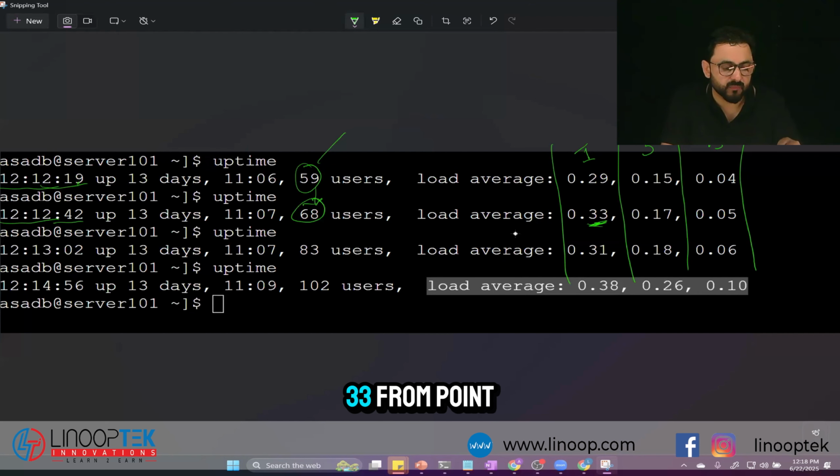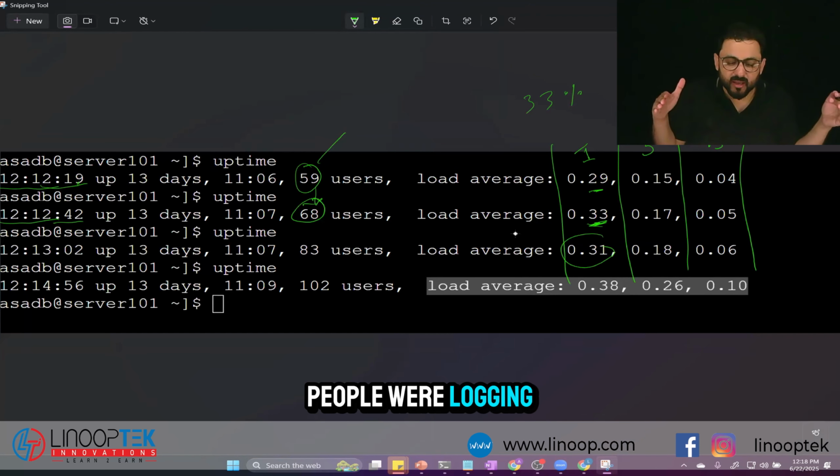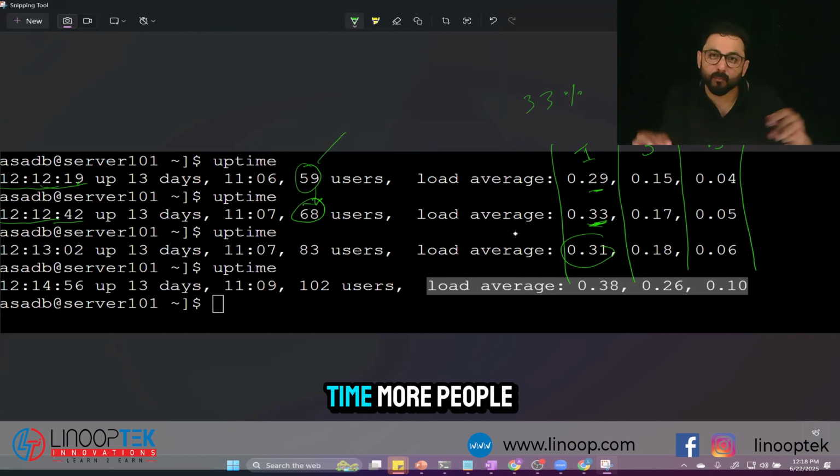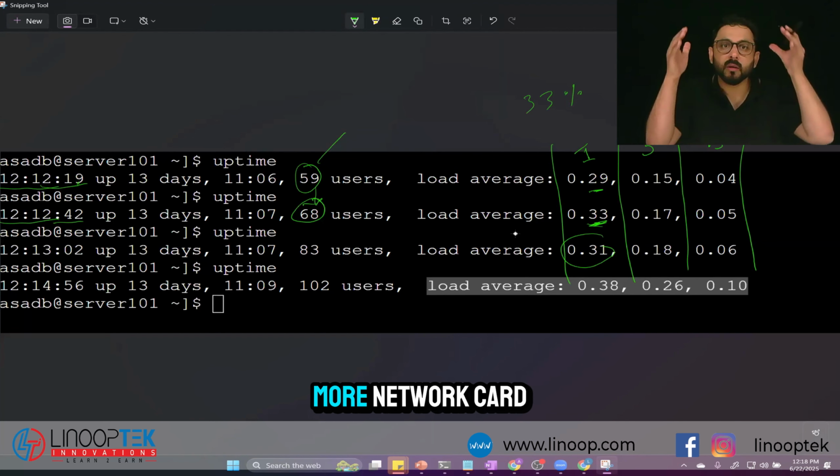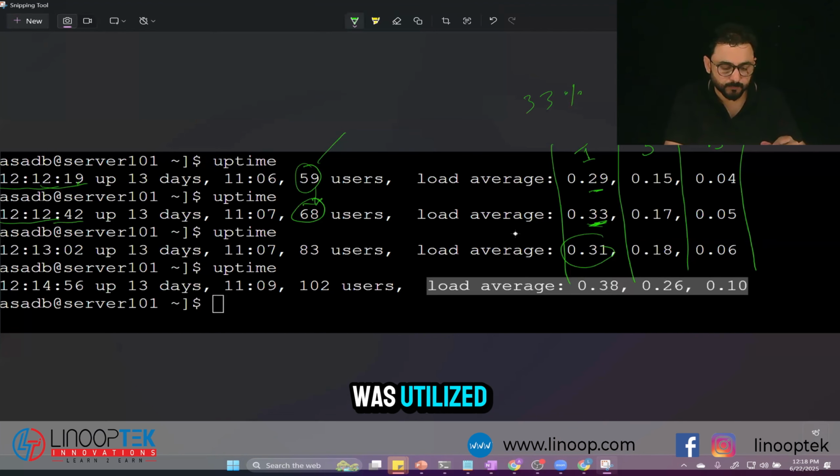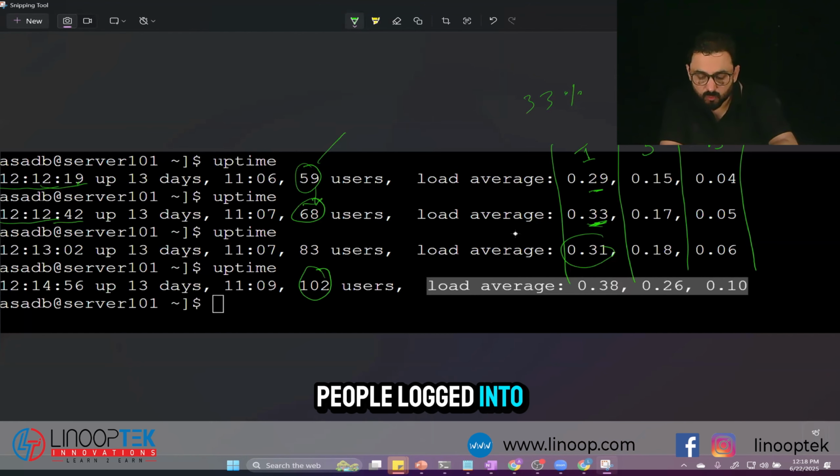Load increased to 33 from 0.29. This is 33% of your server being used. This is 31% of your server being used, because as more people were logging in, take a look at this. At the same time, more people were logging in, and more network card was utilized. And ladies and gentlemen, when I had 1 or 2 people logged into my beautiful server, as Trump says, beautiful,